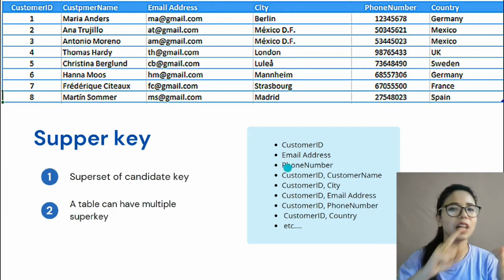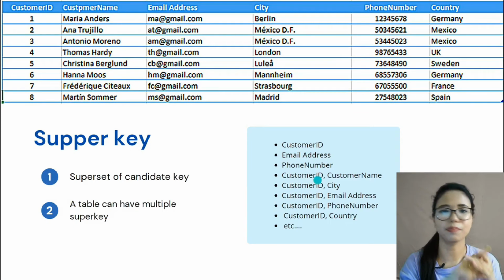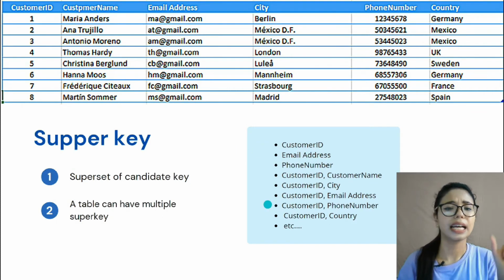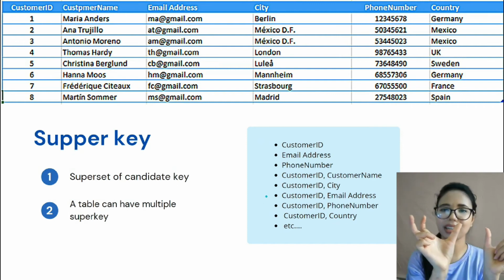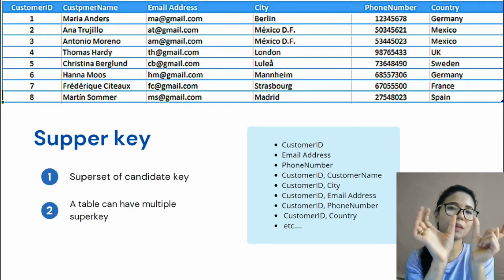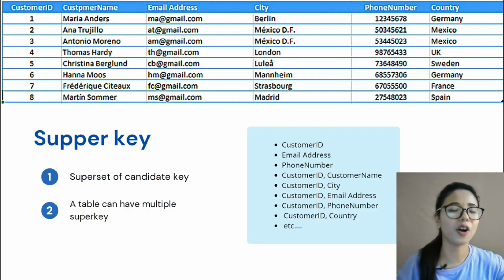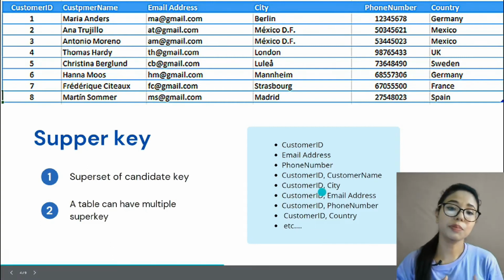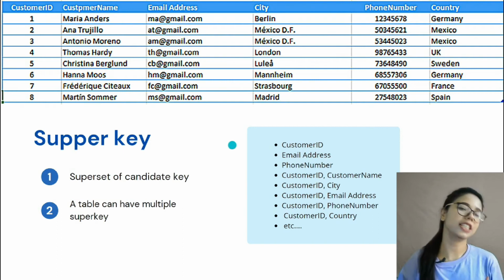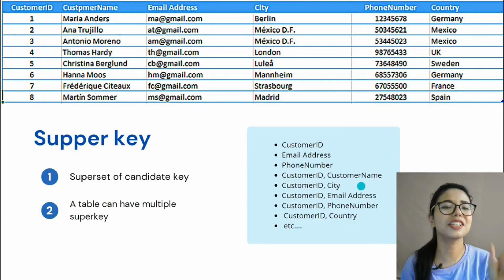So let's list down the names. First is customer ID, email ID, phone number. These can uniquely identify my row. Now, can I pair customer ID with customer name? Then it will still be unique because customer ID is unique. Though the customer name Ram is matching, they have different customer IDs, so it will make my record unique. Customer ID can also be paired with city. Though Ram belongs to the same city, there is a unique identifier, the customer ID, which will make